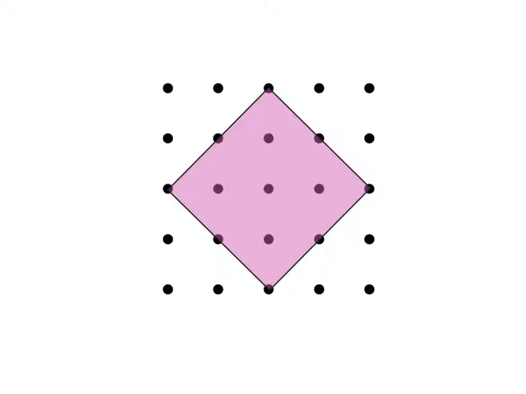We can see that this is a square because it does have 4 equal sides, and all of these are 90-degree angles, but it's a little bit more difficult to measure the side length because it does not line up with the rows or columns of dots. It's going diagonally through. But we could still find its side length by knowing its area. This has an area